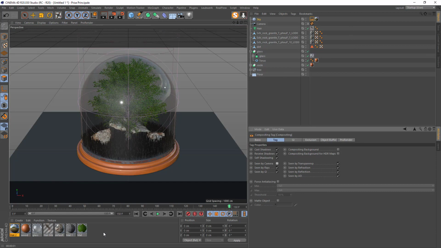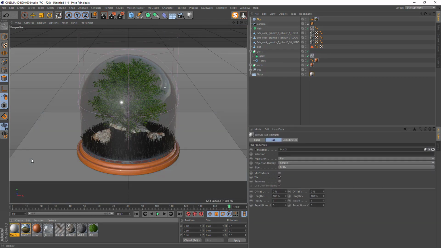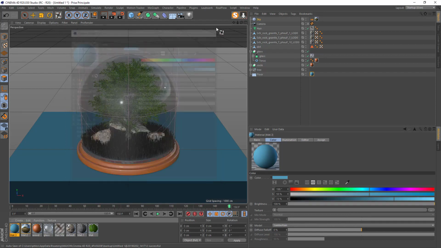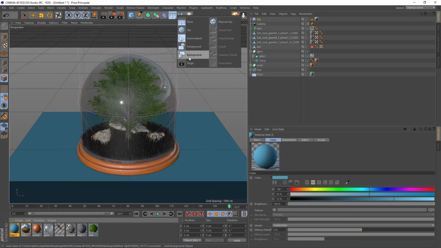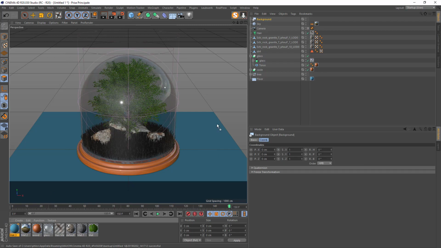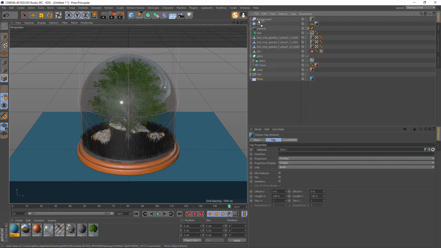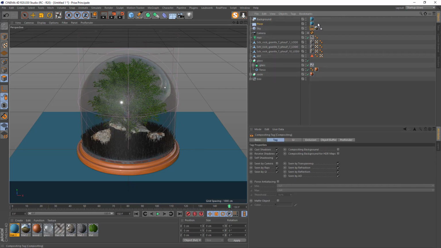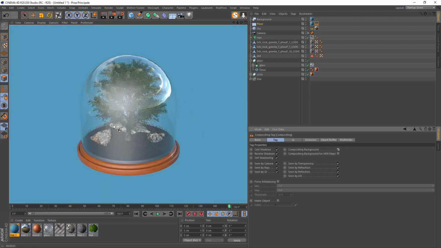Make a material for the ground, double click, drop it to the floor, double click, make it like blue, like that. No reflectance. Click there, add a background, add the same material to the background, and right click or just duplicate this compositing tag, drop it to the floor. Seen by camera, you can check it for the floor, and compositing background, you can check it as well. So now, if we check, we've got that.